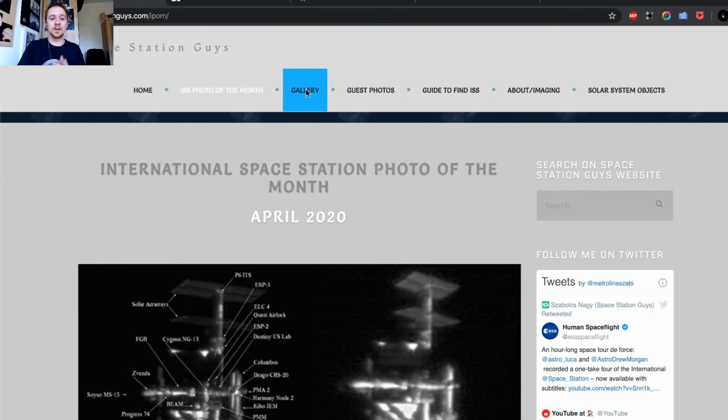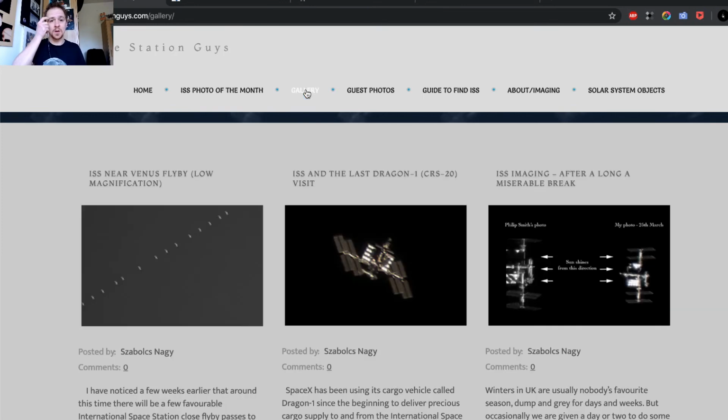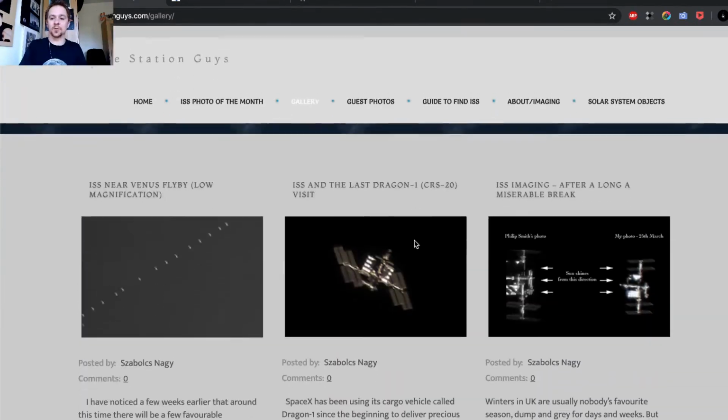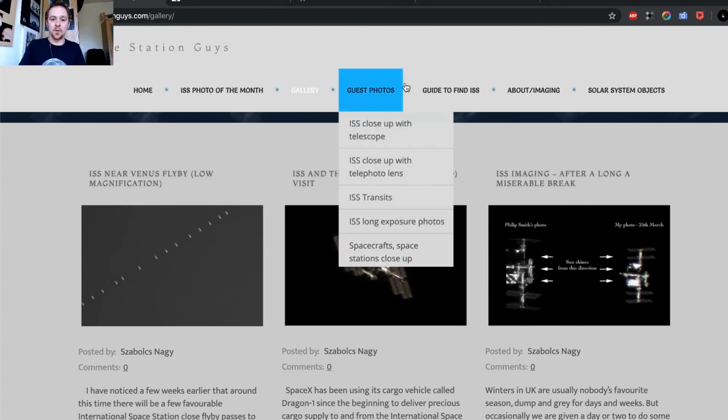I'm totally into the International Space Station. I photograph it manually, so I'm moving my telescope and tracking the space station. I write about all the events. Guest photos: it's full of talented people's photographs from all over the world.